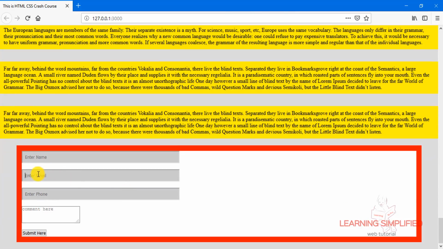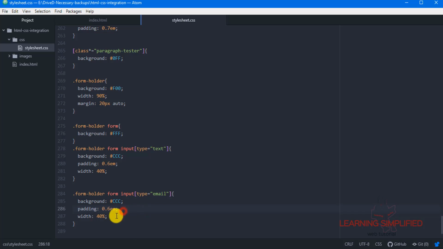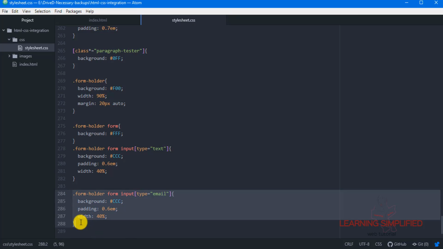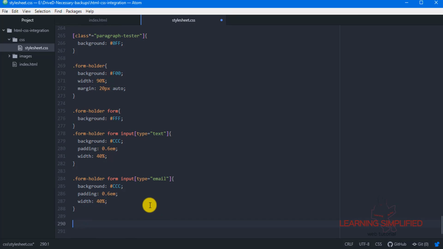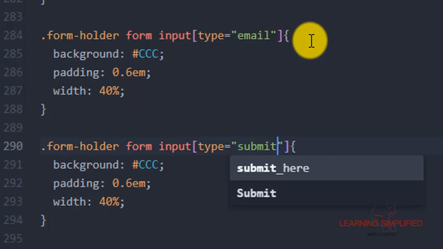Now if we just leave it up to this far, press Ctrl S and get back to our project, we will see that this input element of type email is also displaying the same exact properties that had been seen in the case of the input type text fields. So this is the second case. In the same manner, we are going to copy this thing. No need to worry about it, we will definitely be discussing it, but first of all let's arrange them into a proper segment. So in the third case, we are now putting this input type submit,